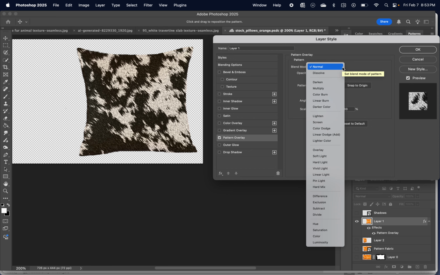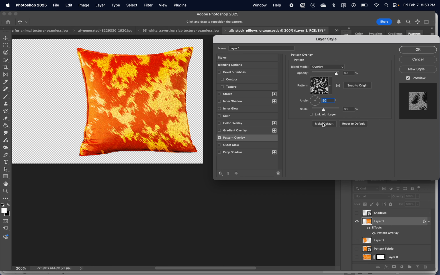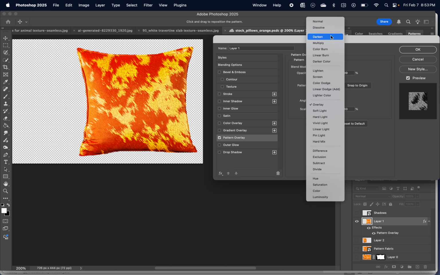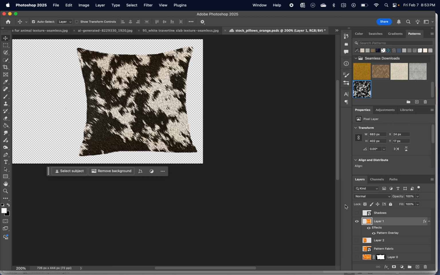Perfect. And we can do two things. We can play with the blending mode now if we want, right? Multiply, the orange is going to show through. Color burn, overlay, right? But I think what I would rather do is maintain the pattern just as normal. Hit OK, and then work with the shadows layer on top, okay? So the shadows layer,